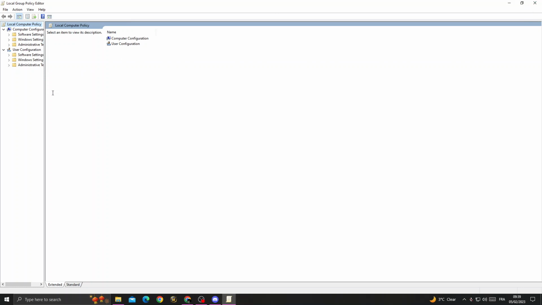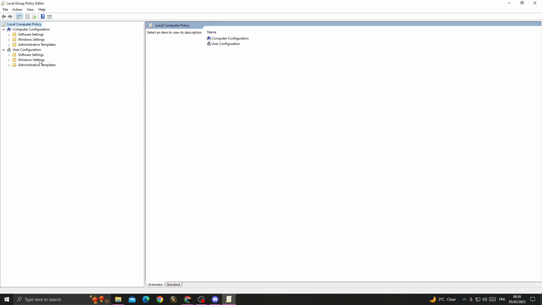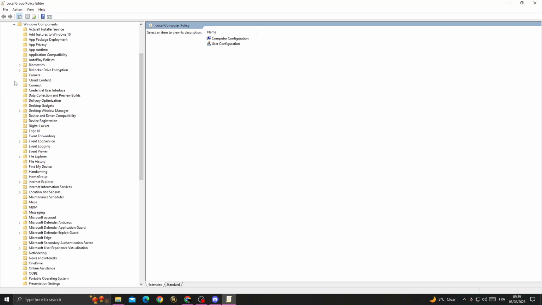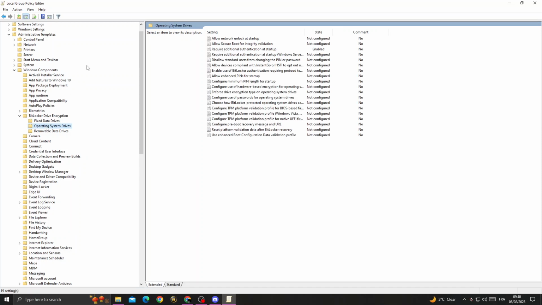maximize, and move this one like that, and then go to this one, the last one here, and now go to Windows Components, and after that just scroll down until you find BitLocker Drive Encryption, and here select the second one, and now we